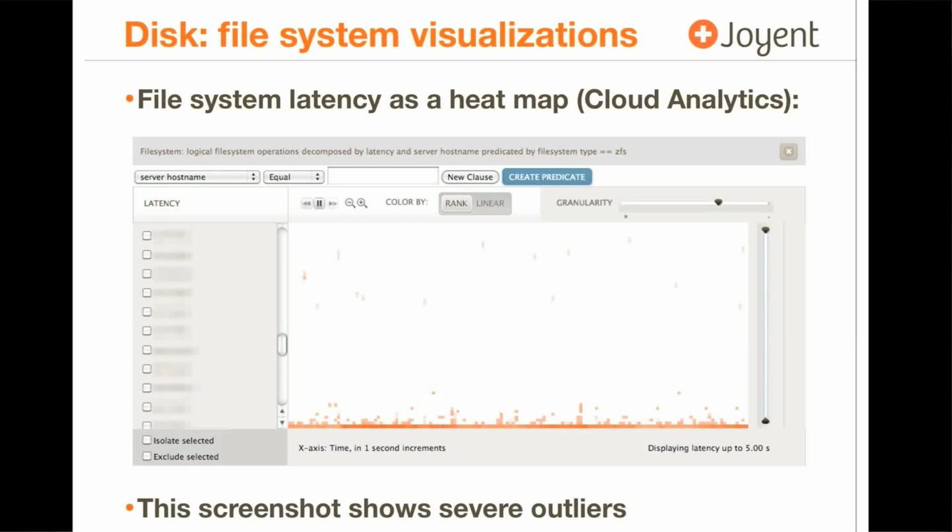It's really, really bad. And of course, once we create tools like this, the customers run them and send us screenshots. So, oh yes, that is really bad. And there's nothing we can say because it's actually hurting. It's synchronous to the application. It's nice that there are these tools in Cloud Analytics, but